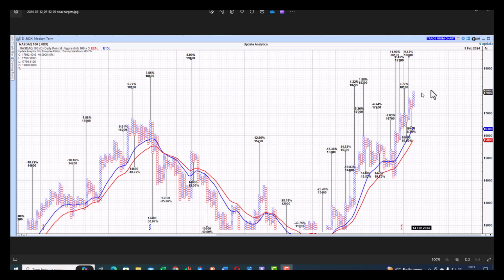Did it hit the 18,000 target there? Not yet. It's very close. The high was 17,987, so very close to the 18,000 target there. 18,100, 18,200, and 18,300 are the next upside targets in this market. I do expect some form of consolidation in and around these targets, since we are moving deeper into February on a seasonal basis. We could see a brief pullback or correction like I've had there, a couple hundred points to the downside. Downside risk, if we get a larger correction, is about 8 to 10%, down to 16,400 and 16,000 there,